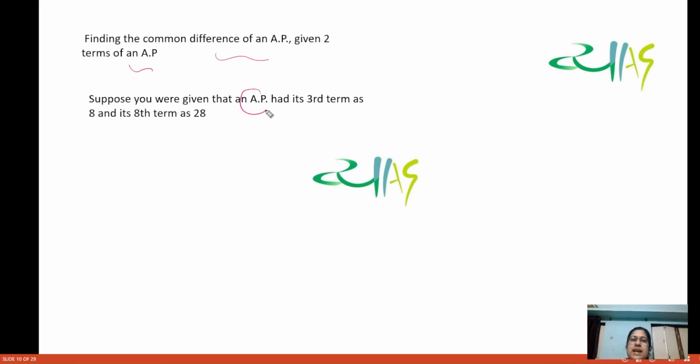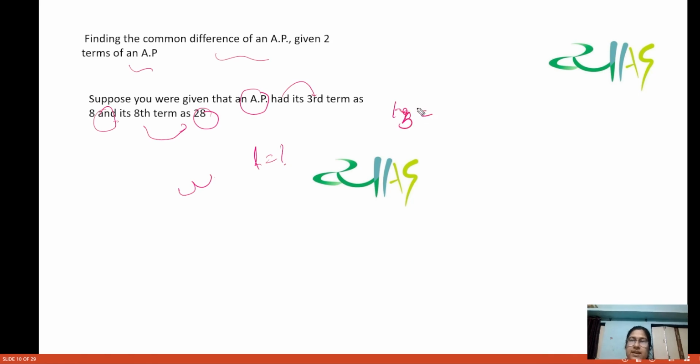So suppose in an AP you are given the third term and it is given 8, and you are given 8th term and it is given 28. So how are you going to find the common difference, है ना. यहाँ पे आपको corresponding term तो दिया नहीं है. तो देखिए एक मेथड तो is a very घिसा पिटा method, is you will do what,